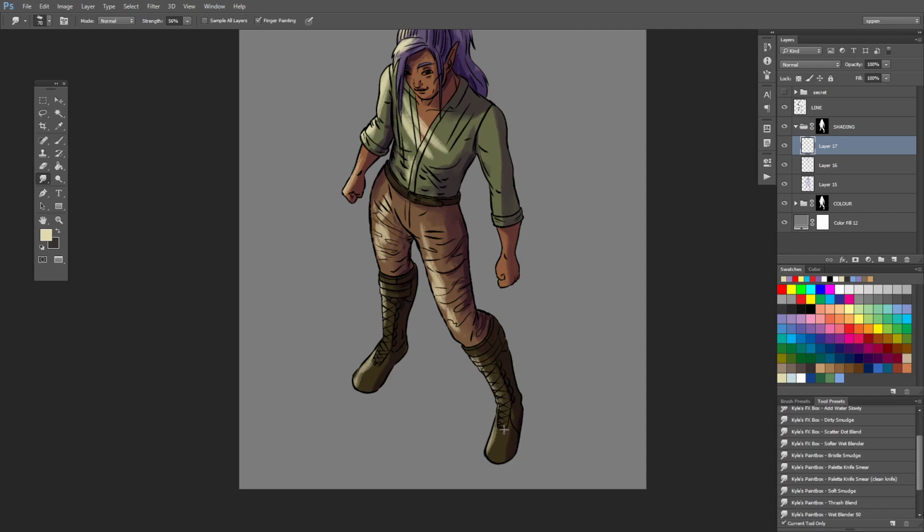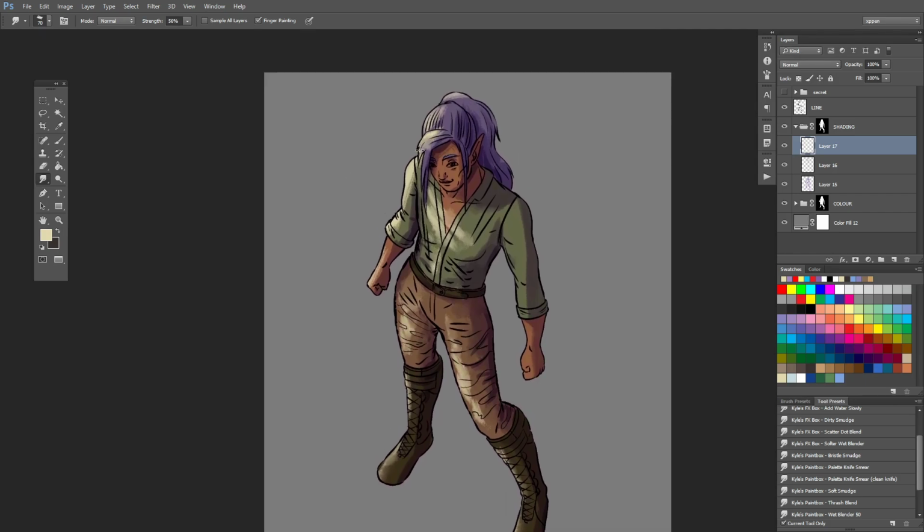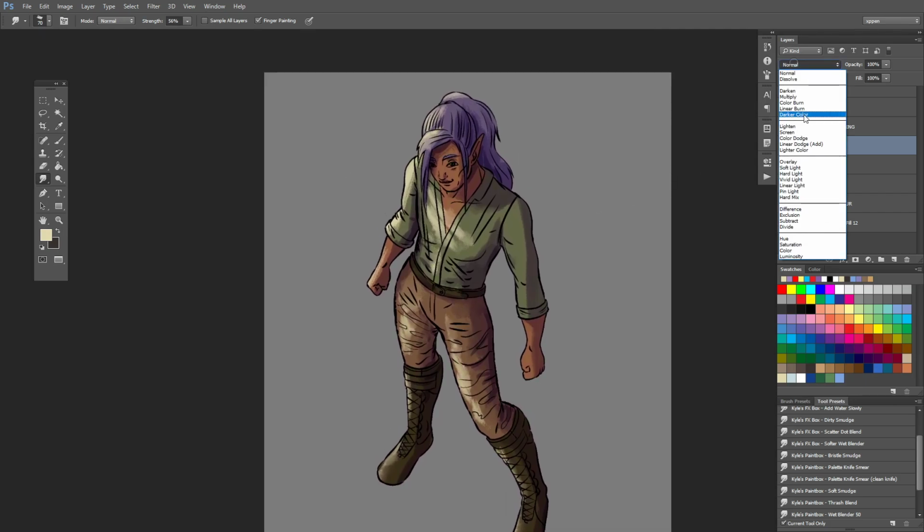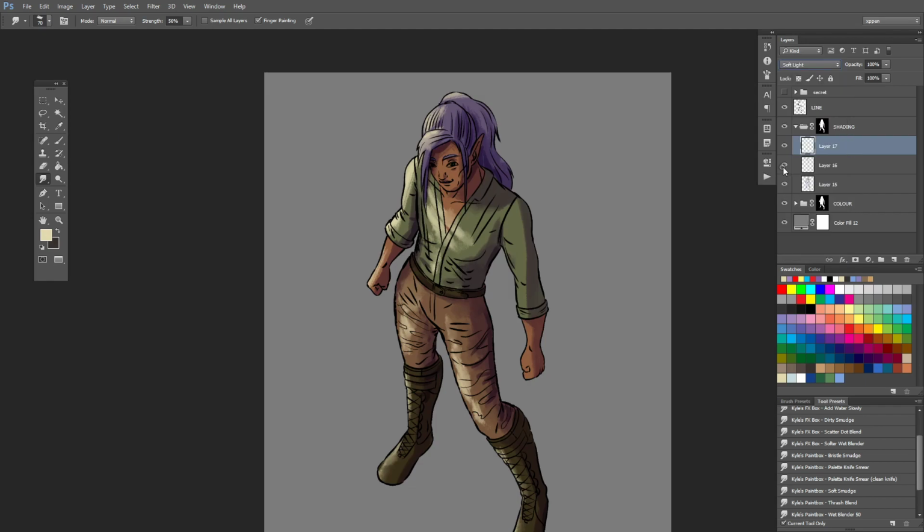I'm going to just calm some of those lines down with the blending tool, smudge tool. And then, you know, this stands out too much, so I am going to set it to soft light. And then it's just a real nice,